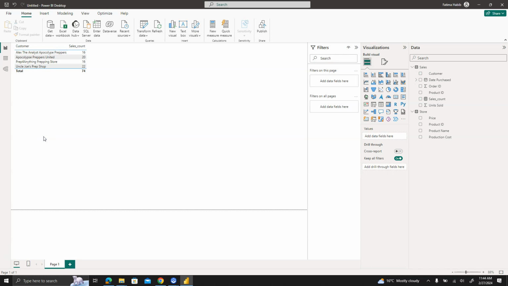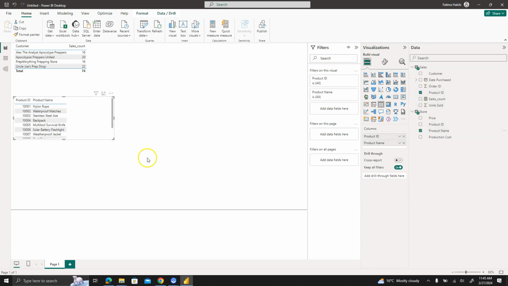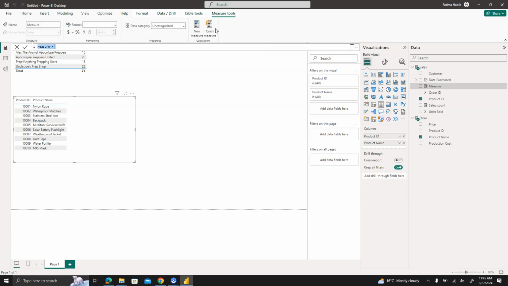Now the sales count is not enough to tell if a customer is profitable enough. The next thing we are going to do is we will see how many products have been sold. So let's make a new table here, and I will select product ID and product name. Now I want to see how many products have been sold in terms of quantity for each of these. So I will create a new measure again, and this time it will be sum